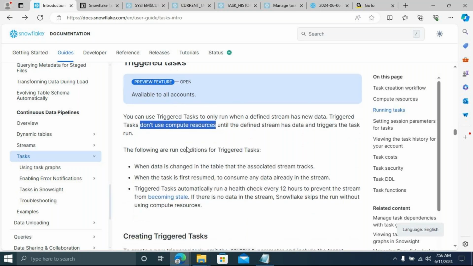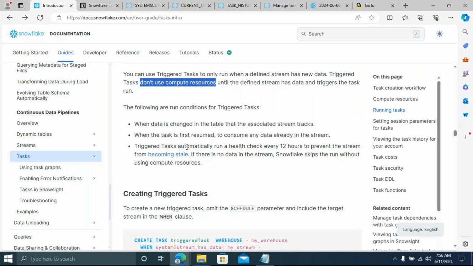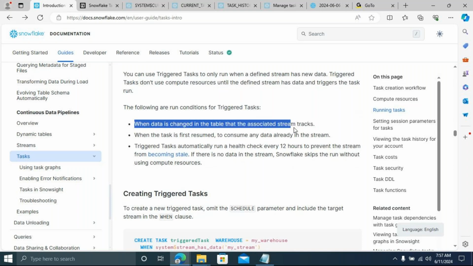Once new data arrives, then only the triggered task will consume the resources. Now I'm going to give some hints to you guys. When data is changed in the table, the associated stream tracks it. I already said, in the source table, if you are doing inserts, updates, or deletes, the data will get changed. For those changes alone, you're going to apply the